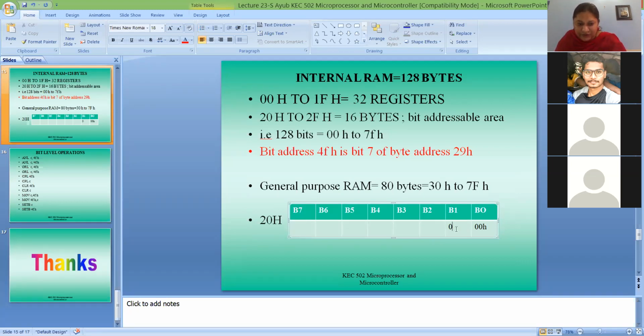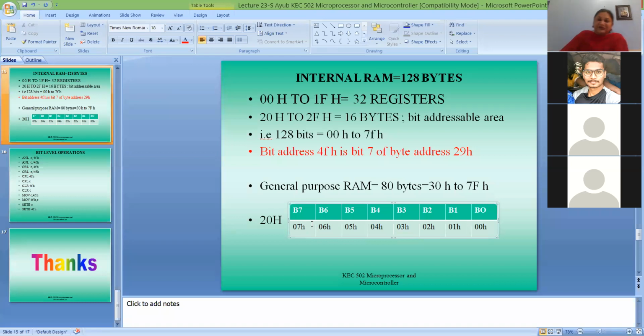This will have address 01 hex, this will have 02 hex, this 03, 04 hex, 05 hex, 06 hex, and this will have 07 hex.